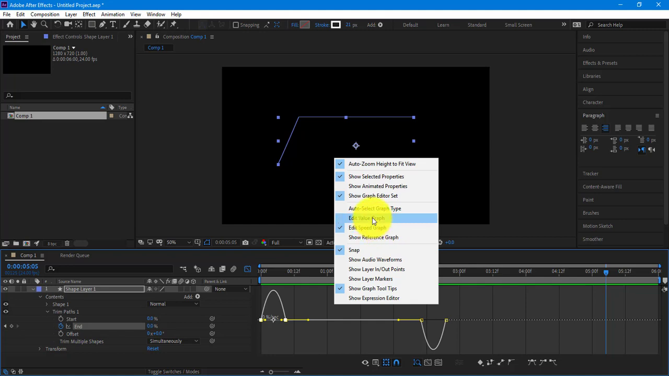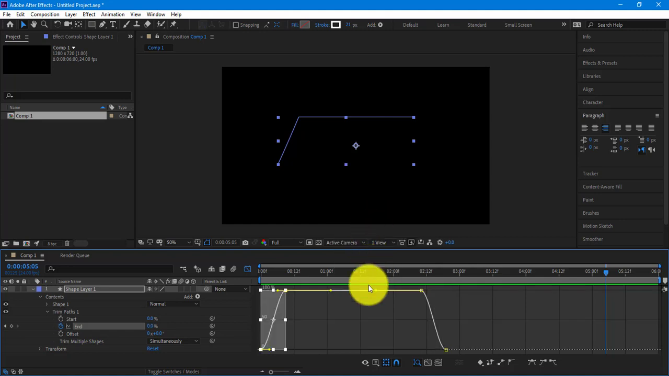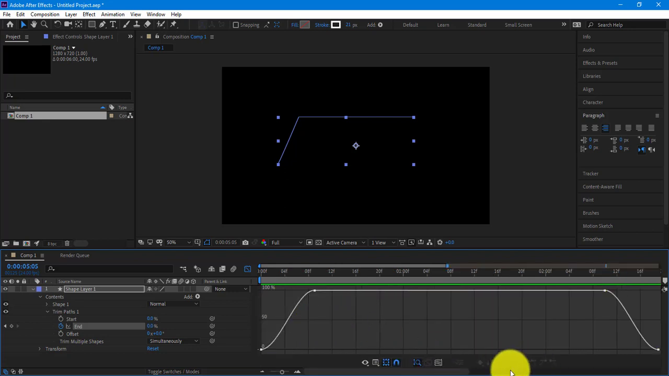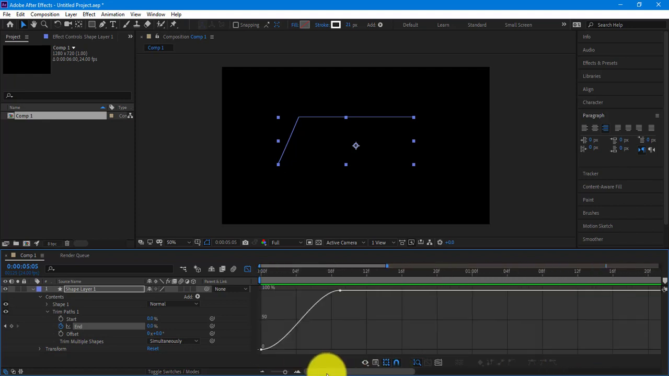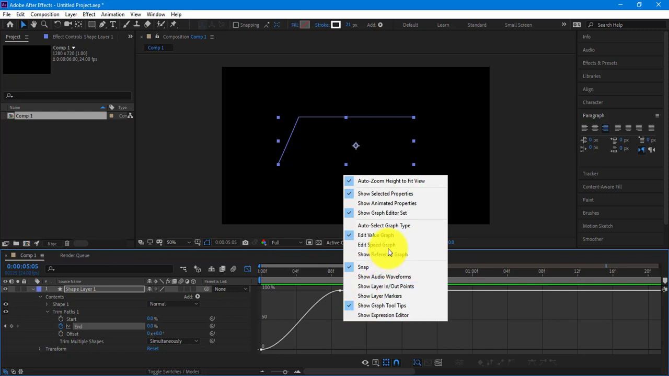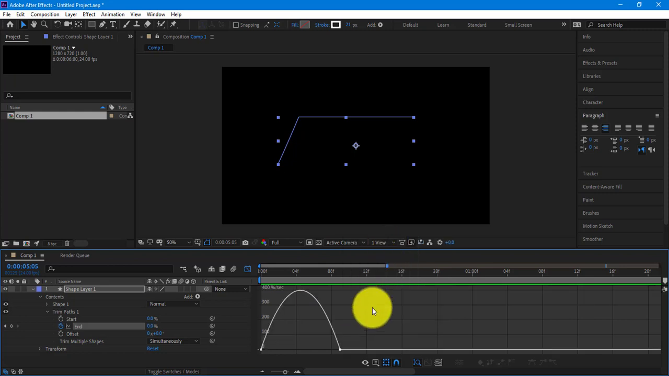If I right-click here, I can edit the value graph, which looks like this. If I zoom in on that area, you'll see that this is going to look very similar to the first graph that I drew. If I can zoom in and then scoot this over, there it is. So you can see how it's low here, straight up, and then low again, right? So we have this angle. That's the value graph. If I go to the speed graph, this is going to look a little bit different,